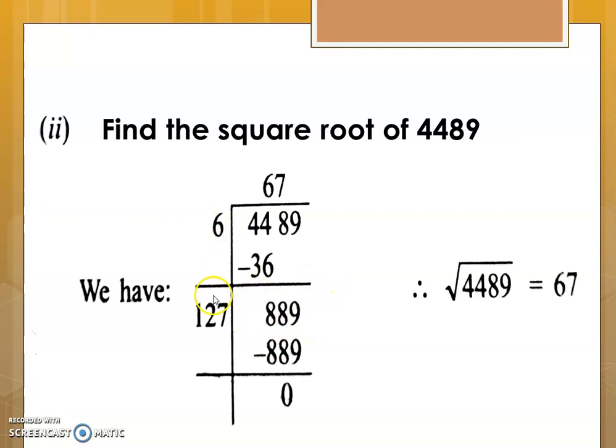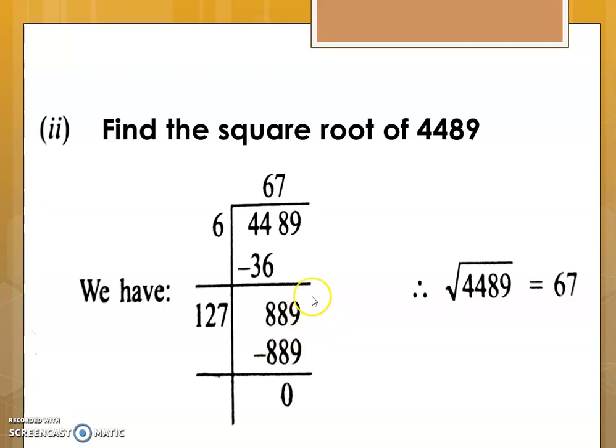Then next step is to double 6. So 6 plus 6 is 12. 12 and then leave a blank. Then you will have to do some rough work and see what you can add here so that, say, 125 into 5, you can check what it is. 125 into 5 will obviously end with 5. So that is not a possible number that you can try.